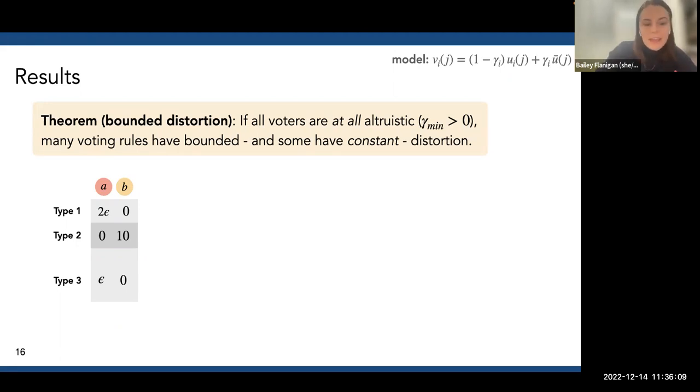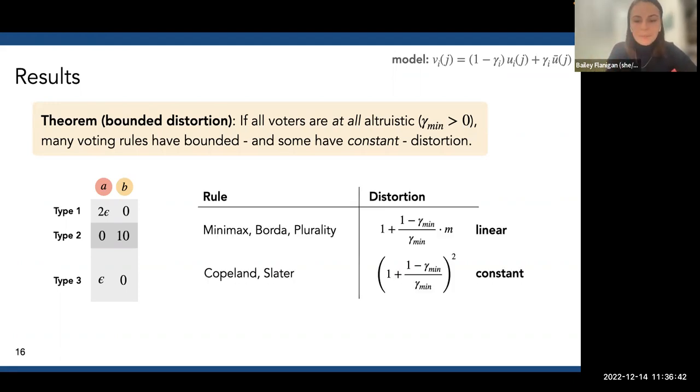And their value for A under this level of altruism is going to remain very small, some function of epsilon. So very quickly, with a very small amount of altruism, they're going to shift from voting for A to B. This is exactly the intuition that we had at the beginning, where these people of type 3 are probably going to think, oh, I'm pretty indifferent, I guess I'll just vote for B, right? It doesn't take much to convince them because they're actually so indifferent. And so this level of altruism short circuits our ability to build these examples that give really, really high distortion.